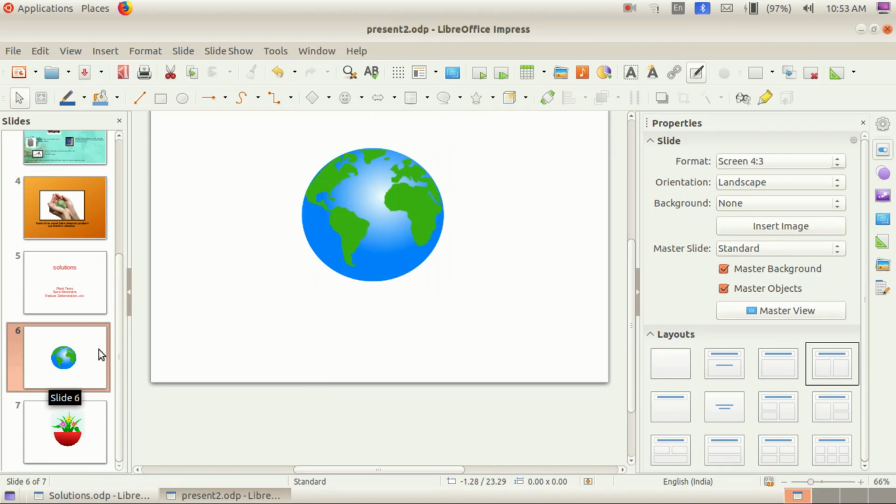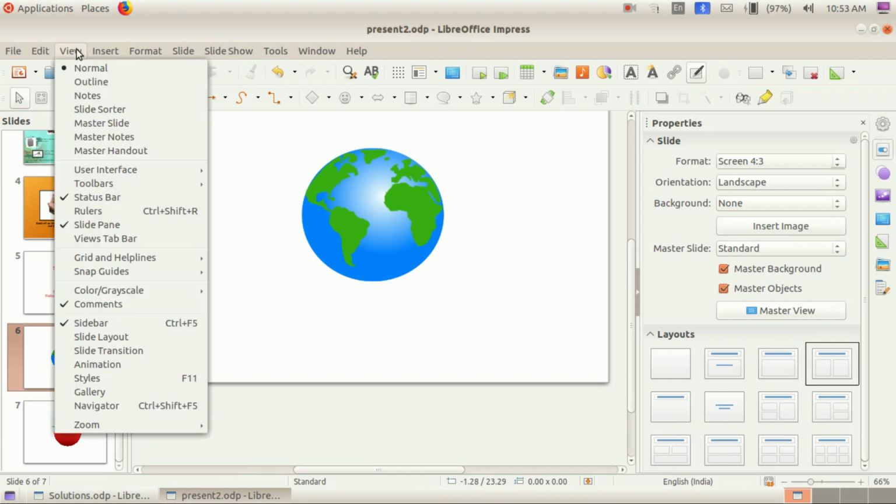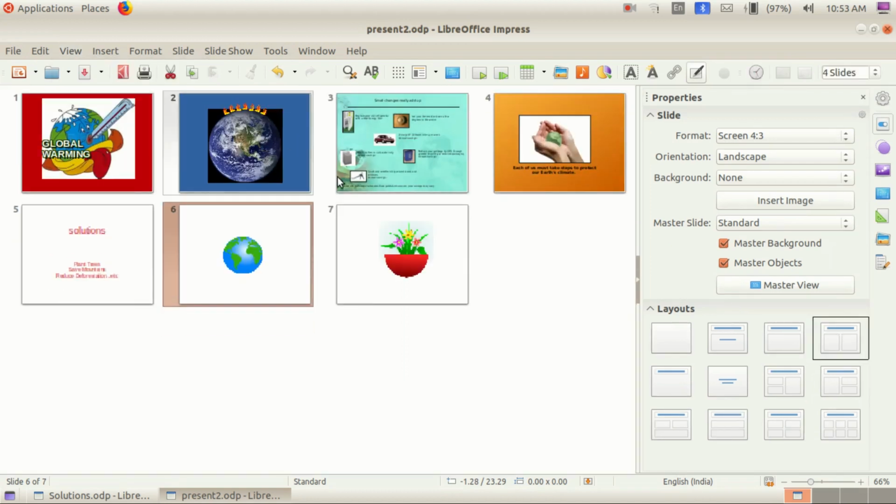The next activity, children, is activity 7.9, slide sorting. How can you do it? Click on slide sorter from the view menu. View menu, then view slide sorter. Look here, children, all the slides are here in a manner.